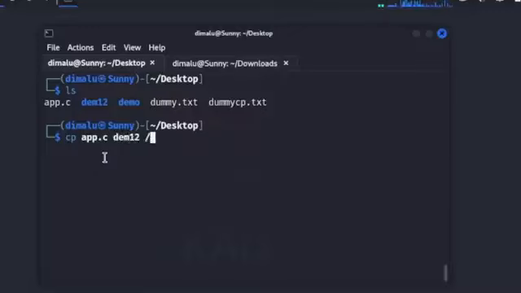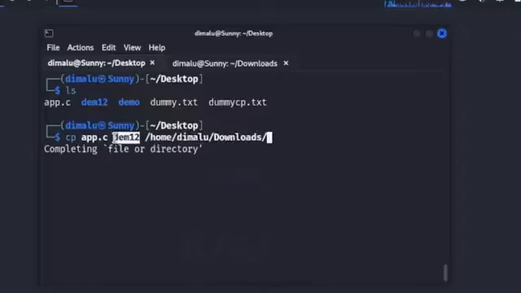Now provide the destination path, home, username, sorry. Now since we are copying a directory along with the file, we need to provide -r parameter. Now the way this command is gonna work, copy command will copy these two specified file and directory to the